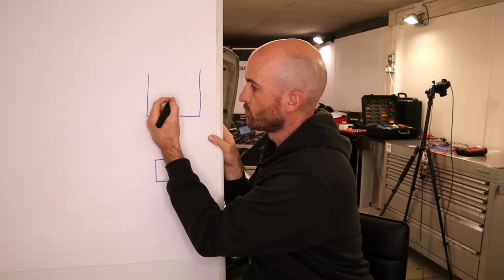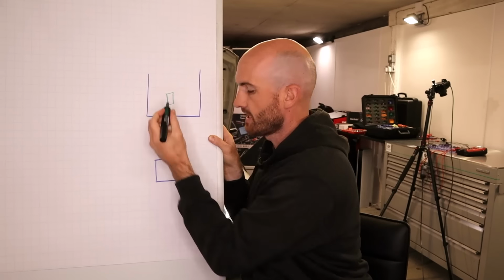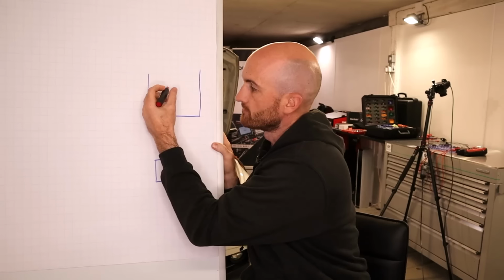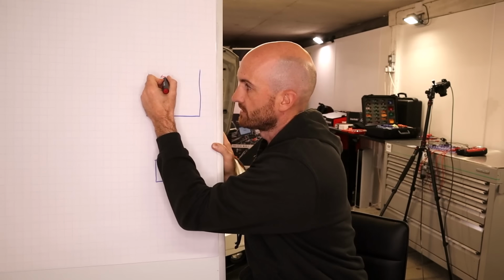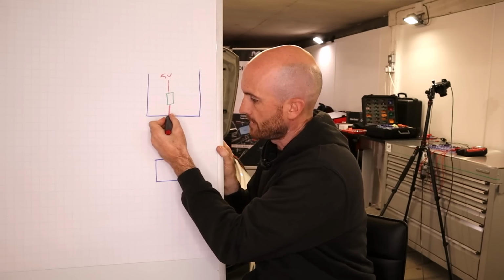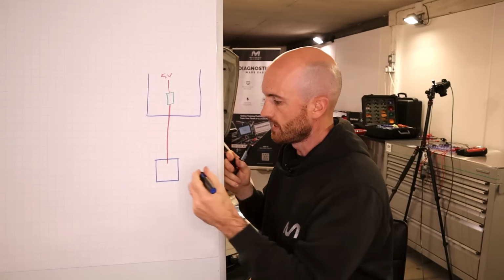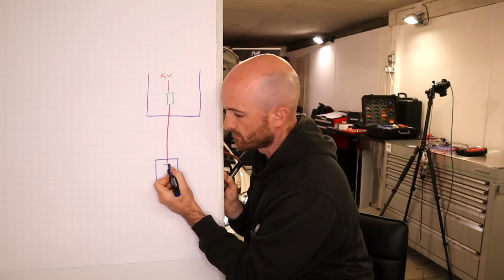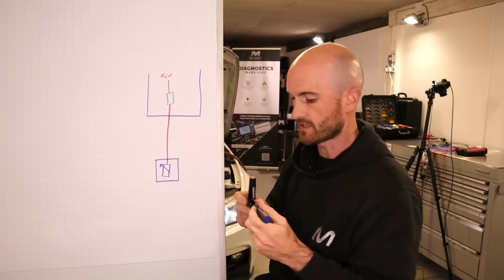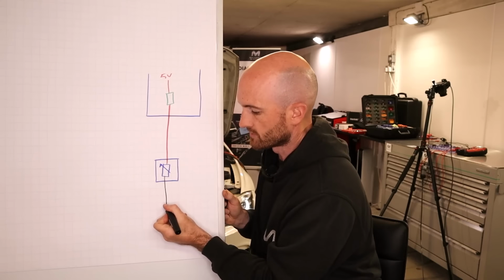So instead of a bulb, we have what's called a resistor, and you might have heard the term pull up and pull down resistor. If the resistor has 5 volts on this side of it, it's a pull up resistor. That's then our power supply down to our sensor, and in many cases this sensor will be some sort of variable resistor